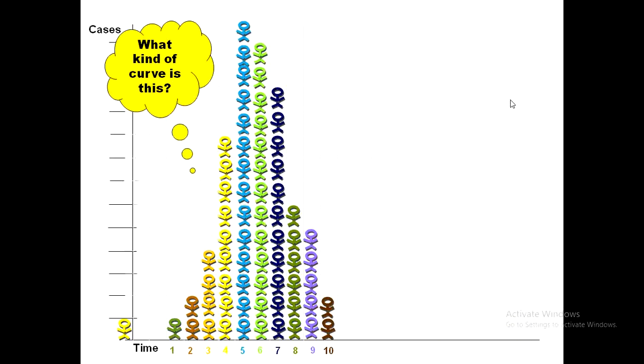What kind of curve is it? It shows that the number of cases started on day 1. On day 10, the number of cases finished. On day 5 and day 6, the maximum number of cases appeared. And then on day 7 and 8, the cases started declining. So on the basis of examination of the epidemic curve, we can assess that this is a point source epidemic or